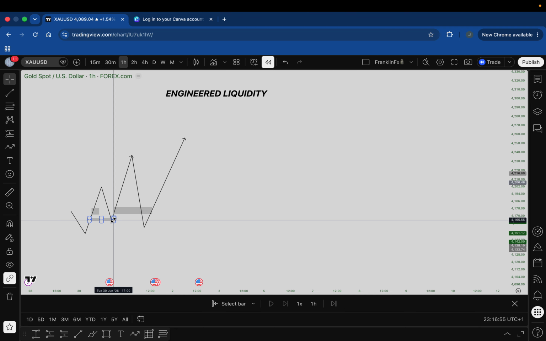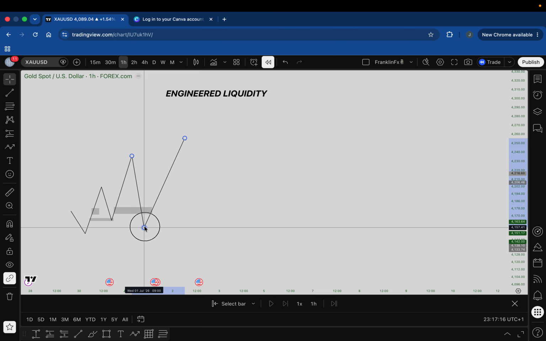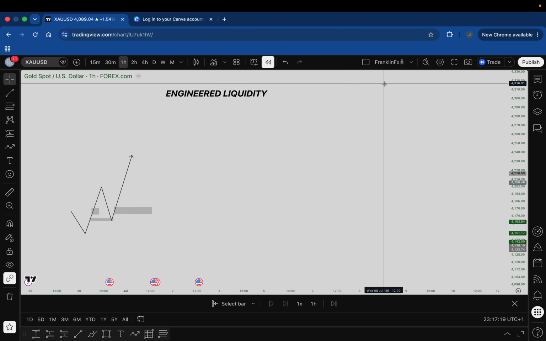Now, there are other kinds of cases whereby, without inducement being created here, there is another kind of liquidity that can be created on its own here just before touching our POI. That particular kind of liquidity is what we call an engineered liquidity. What is an engineered liquidity? Engineered liquidity is a type of liquidity that has been engineered right before our POI, to give us a chance or to validate our entry.